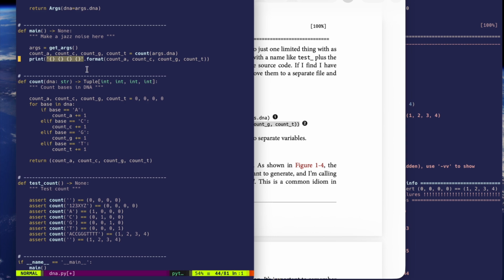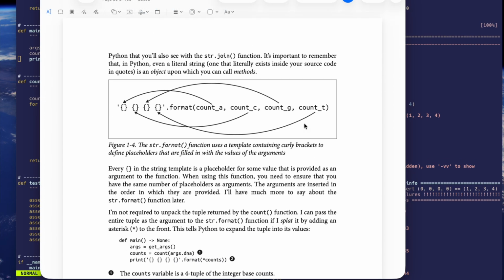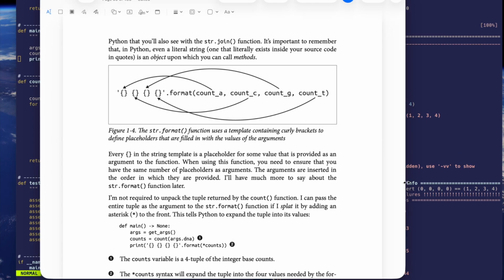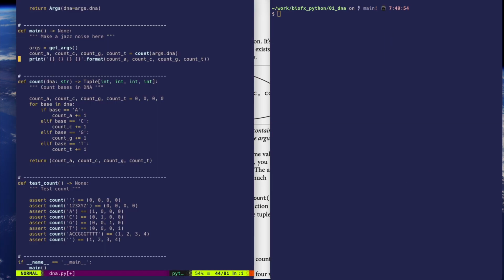A string is an object. String objects have a format function, and you can read help string format if you want to learn more about that. And each one of these values, and I'm passing format a tuple, each one of these values gets put in, in order. Count A goes here, count C goes here. I think I might even have a little visual for that. The counts go into each one of the little placeholders, and that will also create, so if we save this,